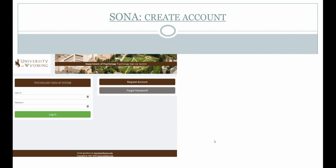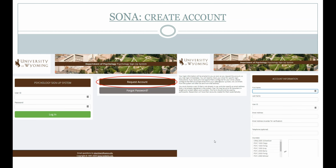Here's a screenshot of the SONA Systems website. If you already have an account, simply enter your user ID and password. If you don't have an account, select the Request Account button here, which will set you up with an initial login where you'll be asked to enter your name, user ID, email address, and down here, select courses for which